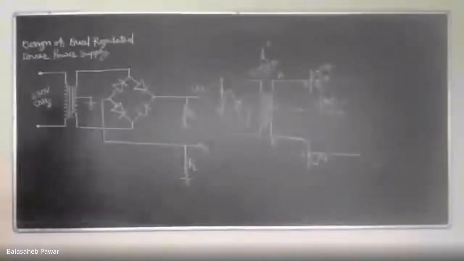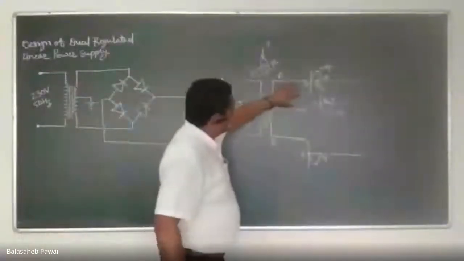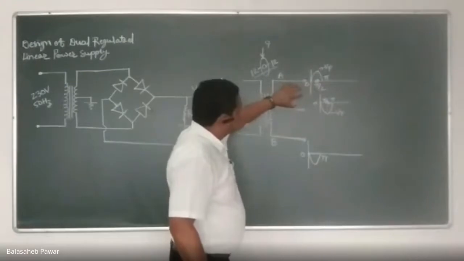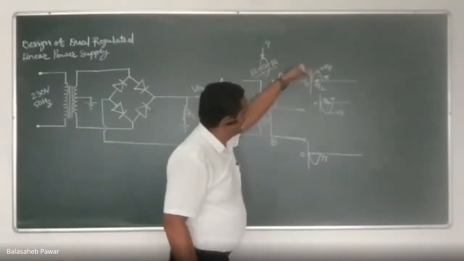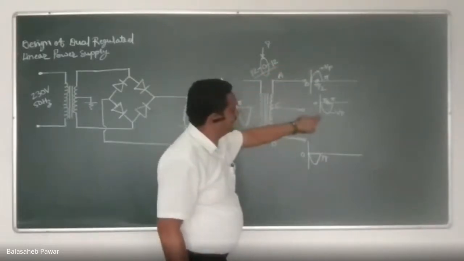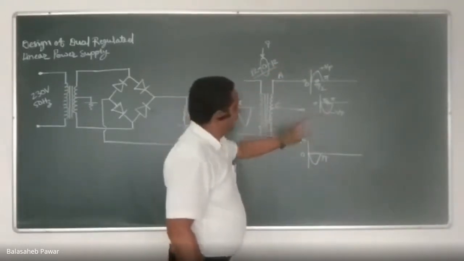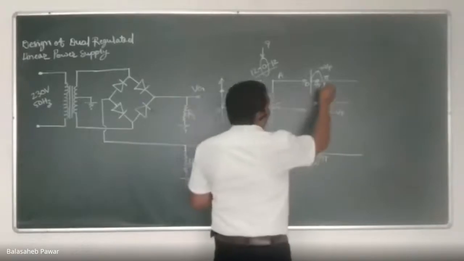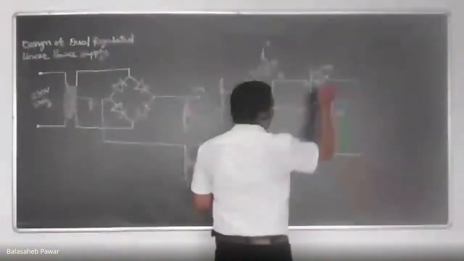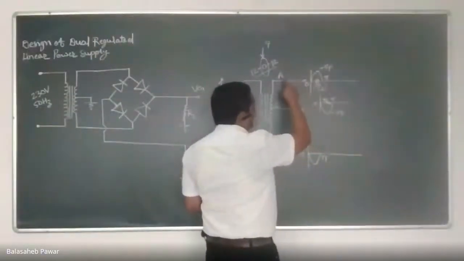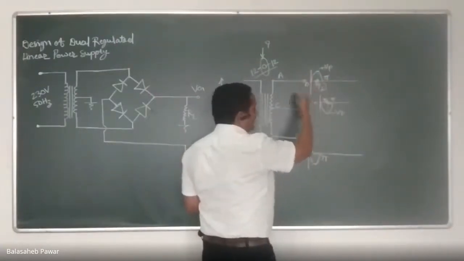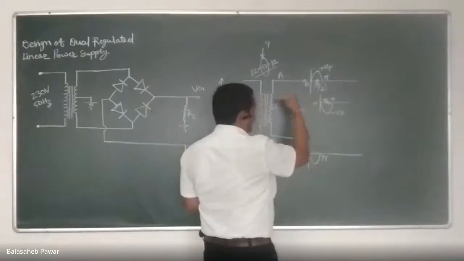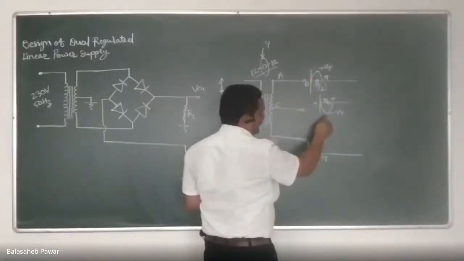Yes, sir. Okay. We are considering half part of that secondary winding. Whenever terminal A of that secondary will be at positive potential, its respective center tap will be at negative potential. Is it? And we have taken the time period at pi by 2. At pi by 2, terminal A will be at positive peak. As per the property of inductor, its opposite terminal, that is the center tap terminal, will be at negative peak. Am I right?